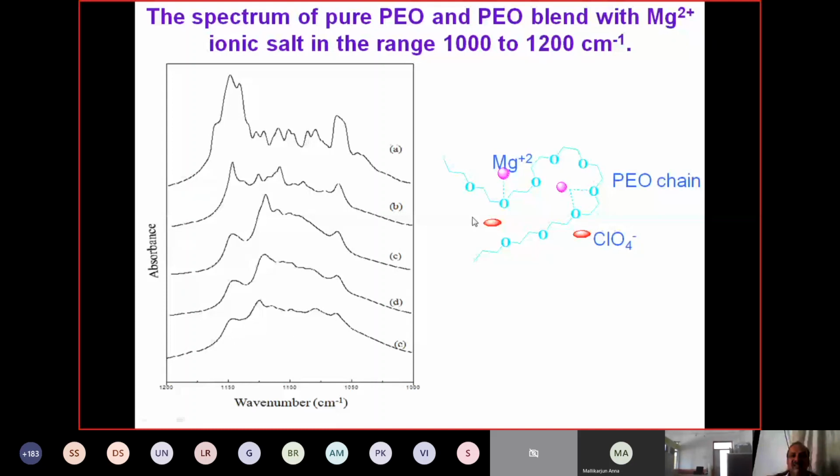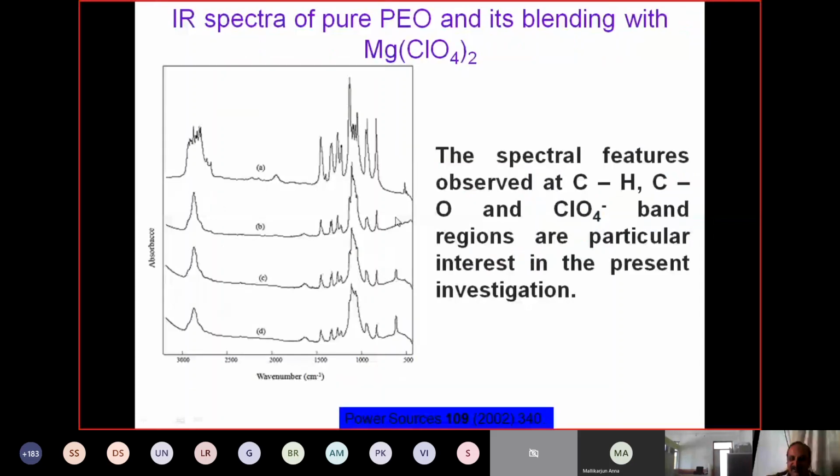You see here. Okay. So just now I explained that the conductivity is decreasing with increasing salt content. Why is that changing? You see here, it is the pattern between 650 and 600 in the infrared spectrum. In this region, when we add the salt, you can see a new band position here. This is due to ClO4 anions. Okay, so this is 650 to 600.